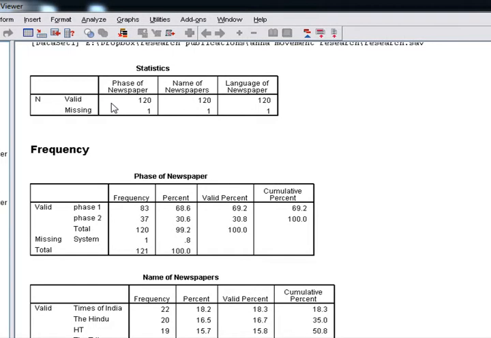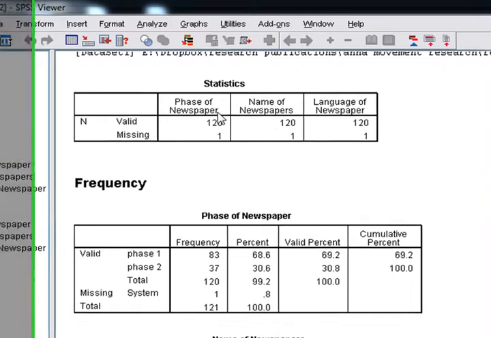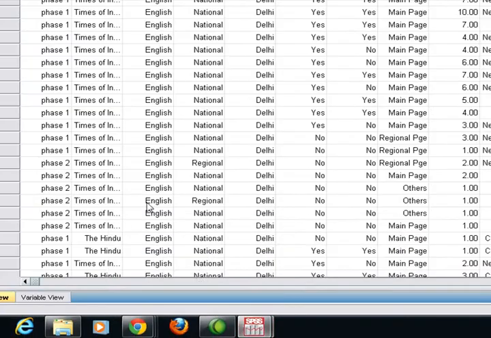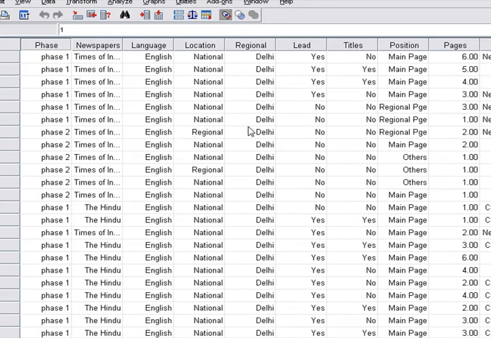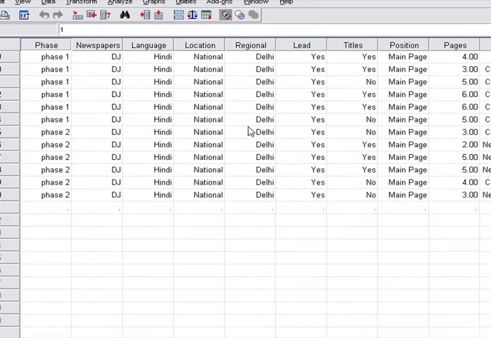Now this is known as the data verification technique. We run the frequency and see the missing part in any variable. So we have to go back to our data file again and see where the missing portion is there.